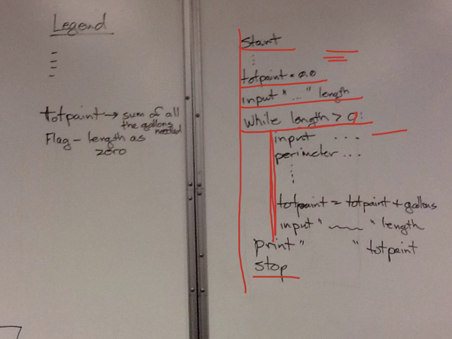So we're going to input the width, calculate the perimeter, get our total, input the length, then it goes back up and checks. So we come down, back up,